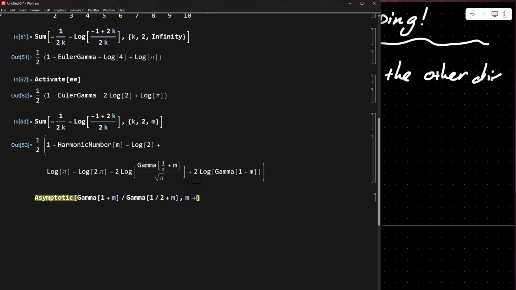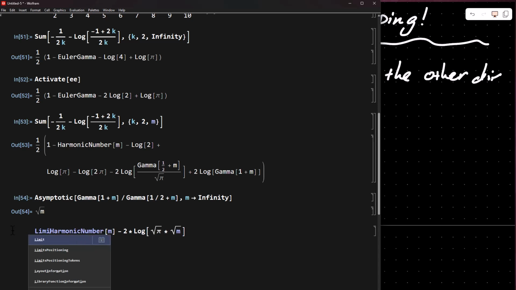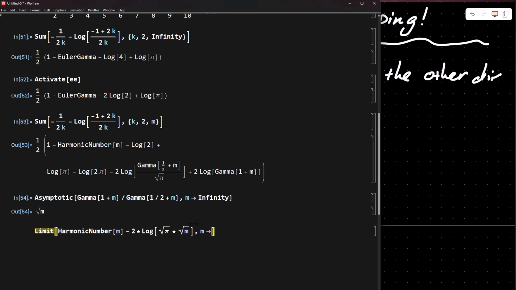So if we wrap everything in the Asymptotic function and send m to infinity, we can see that the first order approximation for the quotient is square root of m. So if you collect the harmonic number part and the logarithm of the quotient of 2 gammas, which is equivalent to the square root of m, and take the limit, you have Euler gamma minus log pi again. So if you plug this number back into your partial sum and do some very simple algebra, you will have the exact same value as the